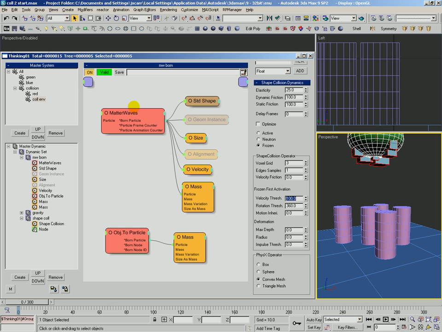How about the velocity? Maybe the velocity has to be 100 or more. So there you can see, now these cylinders start off frozen, and nothing's hitting them hard enough, fast enough, or with enough rotation to actually wake them up. So they're just going to stay there frozen until something big, heavy, or fast hits them. So let's go ahead and we'll set these back to the